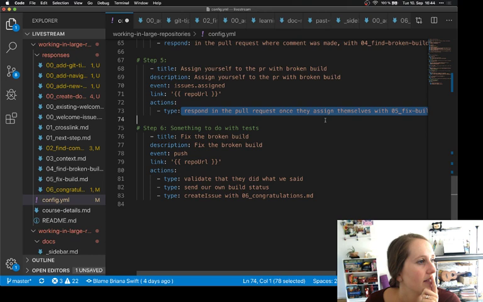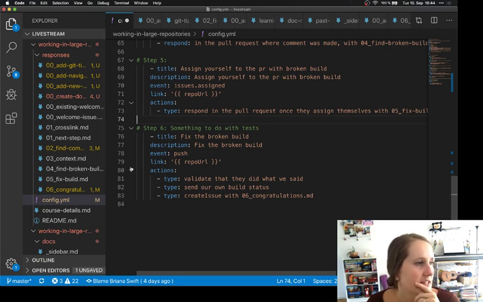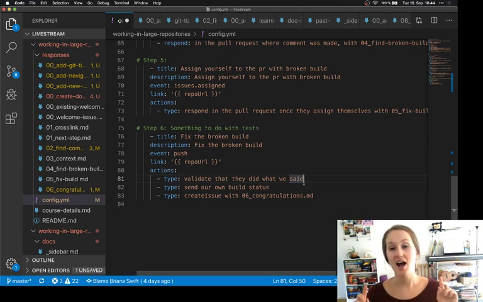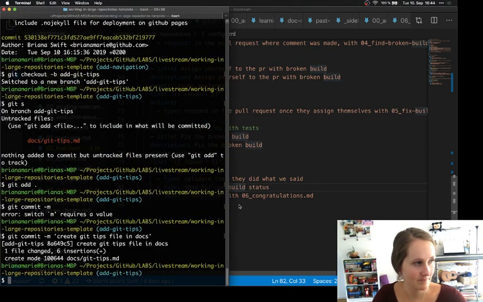Respond and pull request. We will respond with instructions that already exist. Fabulous. They're a little bit existent. And then they push. We validate they did what we said. Okay. Whew. I feel great right now. I feel fantastic. I'm going to go ahead and push these up onto the remote in some way, shape, or form